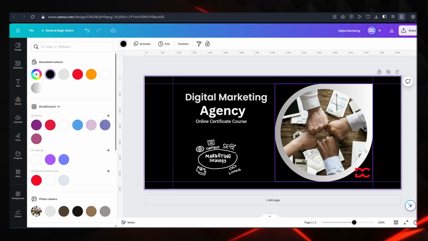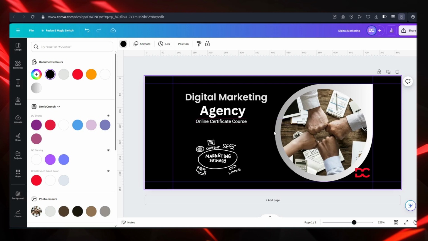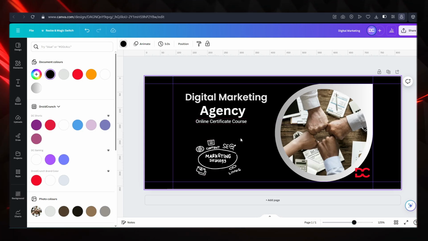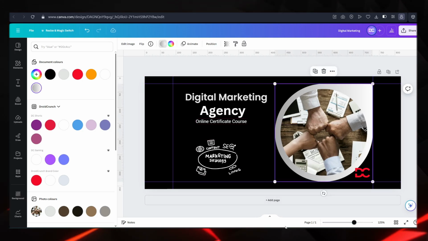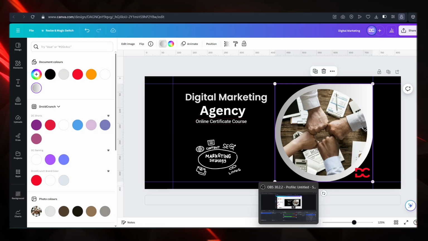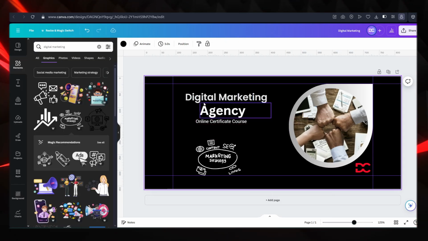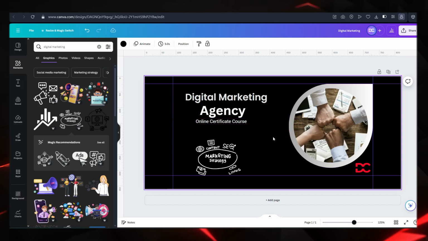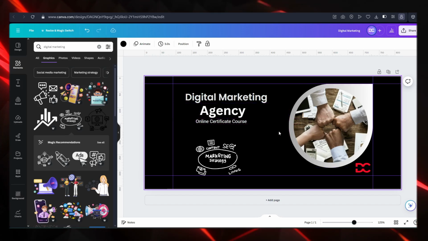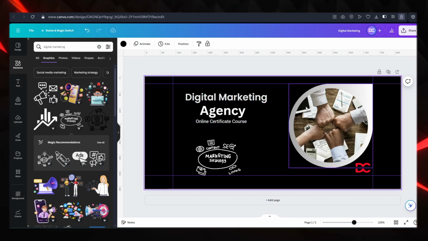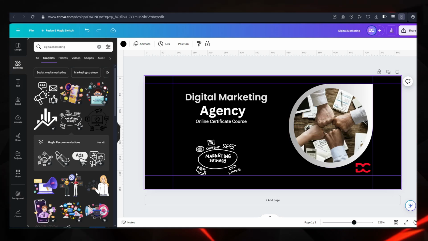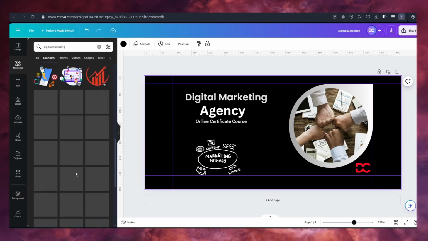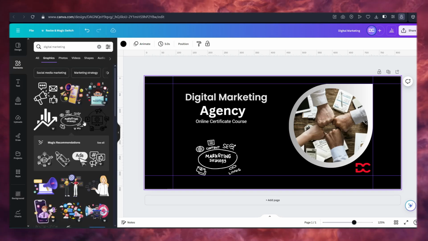As you can see, within the safe zone of my Facebook cover, I have made these changes. I can make it more appealing. It's entirely up to me. Once you are satisfied with the look and feel of your cover photo, you can go ahead and save your final design. But before that, let me show you what more changes I wish to make right now.